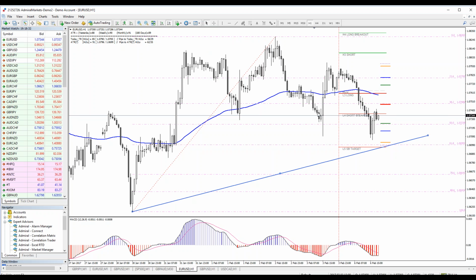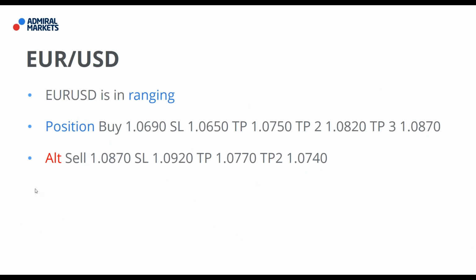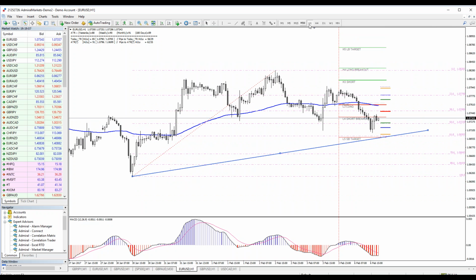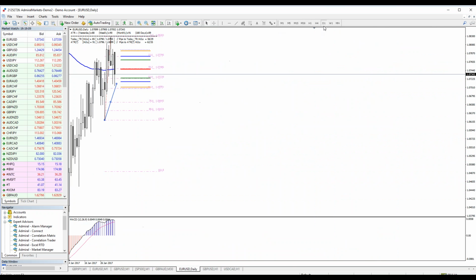So I think that this zone is good to buy euro, and that is why I will buy it around 0.690. Stop is 0.650, TP is this. This is the TP 0.750, the second TP is 0.820, final TP is 0.870. I will sell it, but I want to see it higher really to sell it. I'm not sure that we will see 0.780, but if we do, guys, I will definitely try to sell it there,